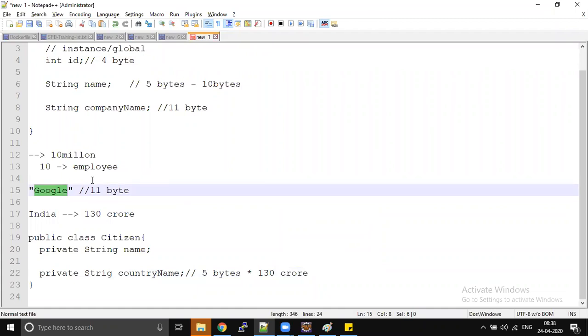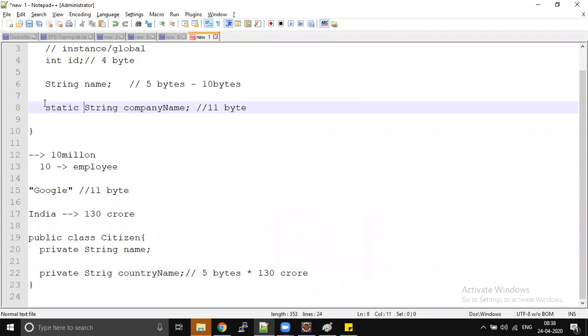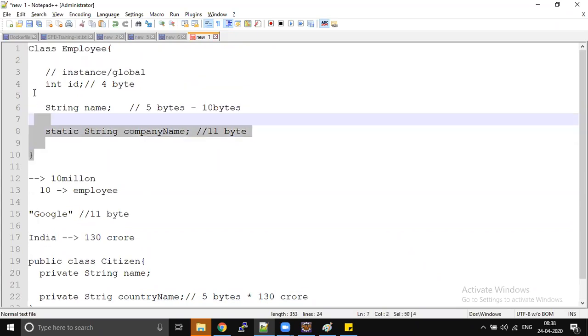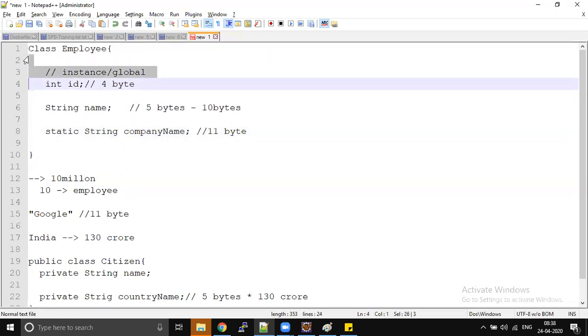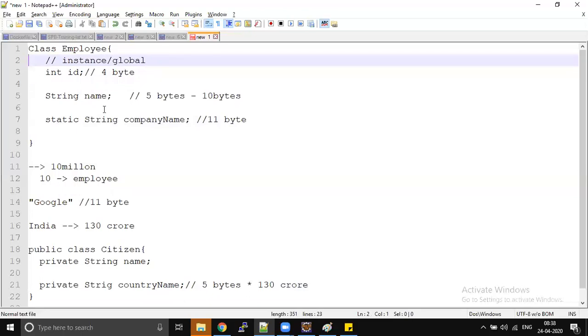To solve these kinds of problems, we use static. So when you use static, even though 10 million employee objects are created, all of them are going to share the same copy of company name.